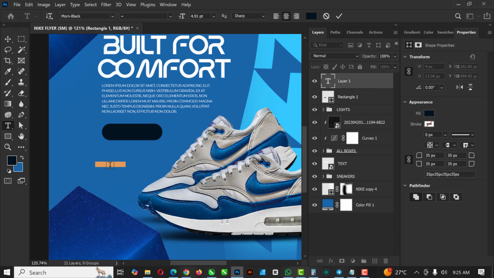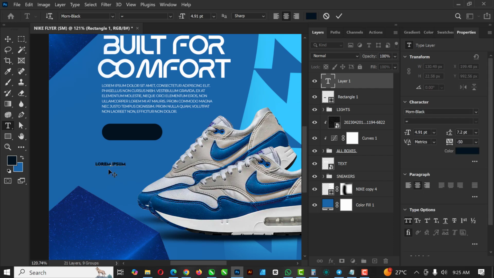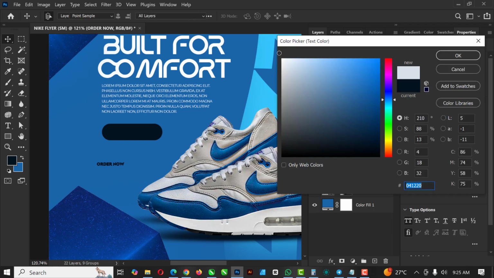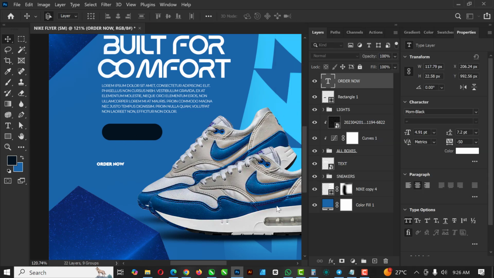And I'm just going to type. Go ahead and type. So the word is order now, and of course I'm going to change the color here. So click here once, it brings up the color palette. You can use the color picker, and you can select the color here, click OK, right? Click enter,